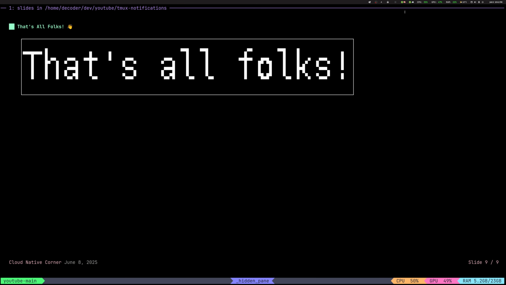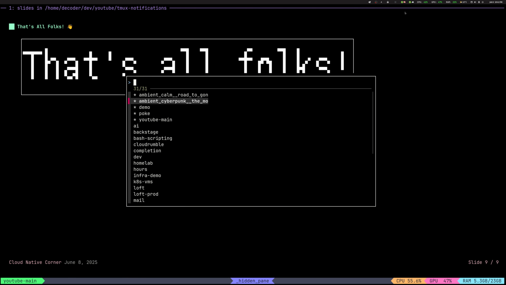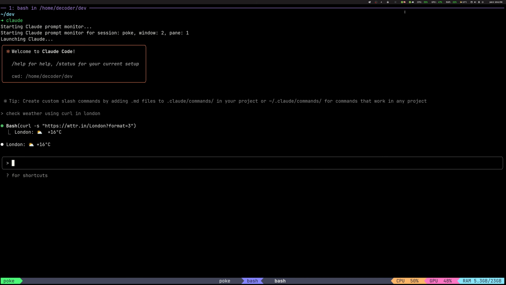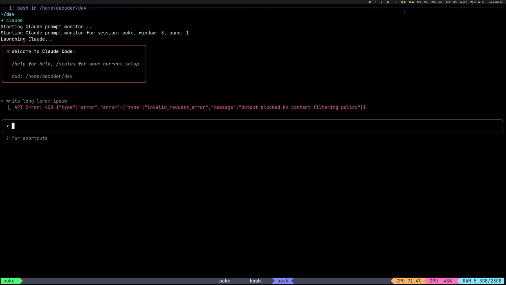And I still want to see what happened here with Claude. So, oh, it's an error. Okay. So content filtering policy. Apparently, you cannot write lorem ipsum. Oh well. Because our notification didn't trigger. I wasn't sure what happened, but